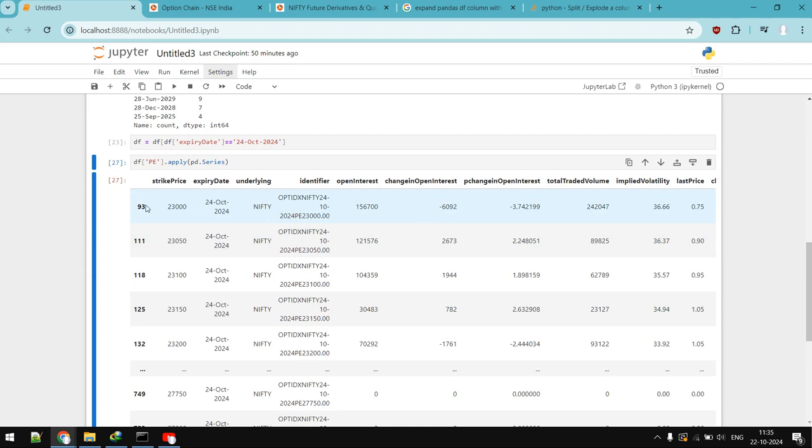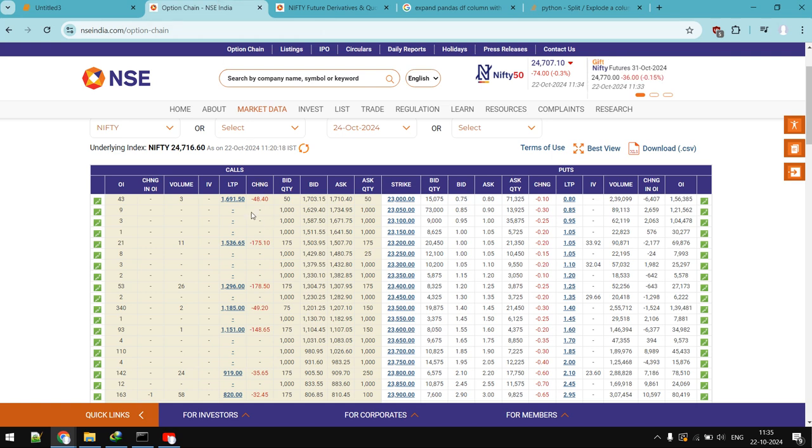At 20,000, the open interest is 15,670. Here the strike price is 23,000 and bid quantity is 15,075. Sorry, OI is